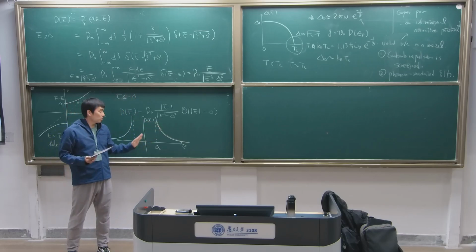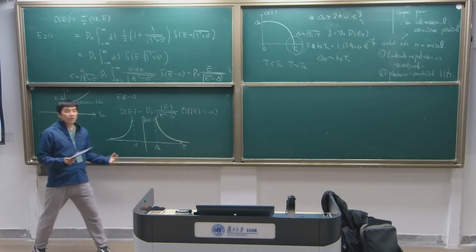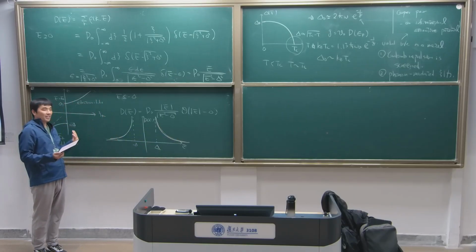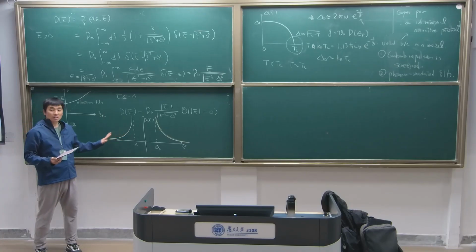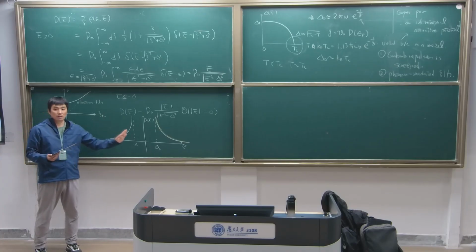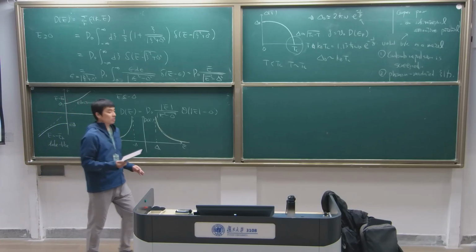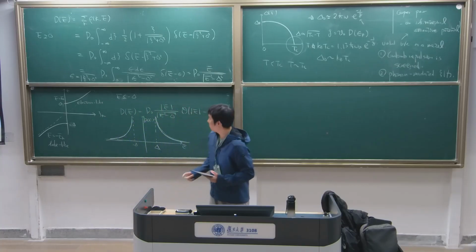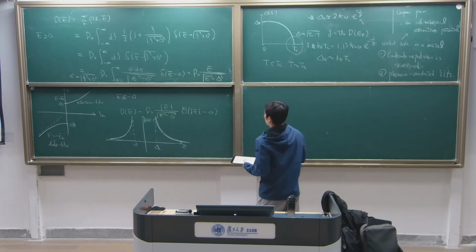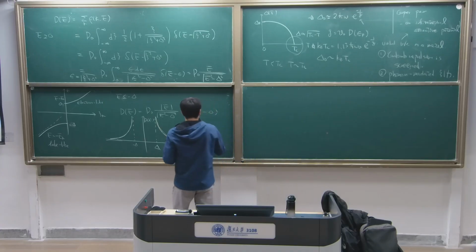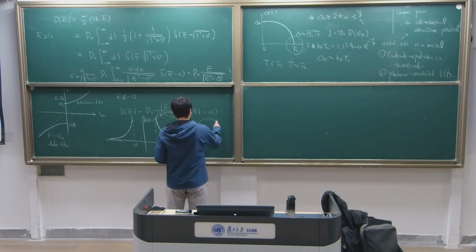But if you change the energy to high energy or negative high energy, then the density of state will just decrease. So namely that here our term C is contained